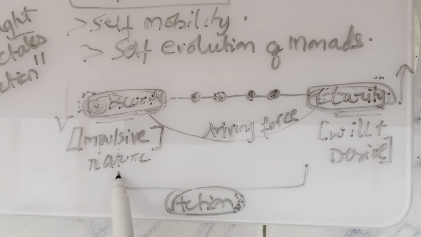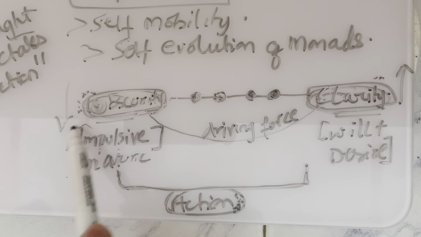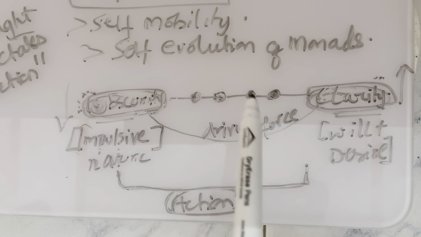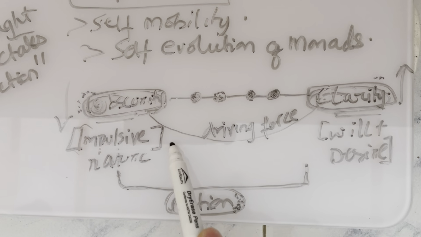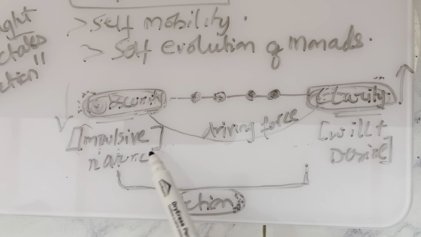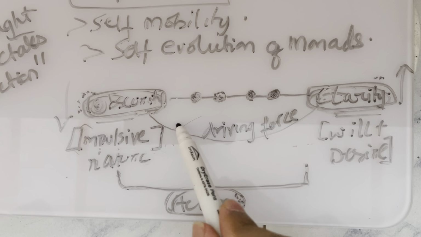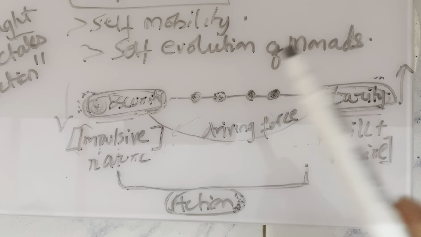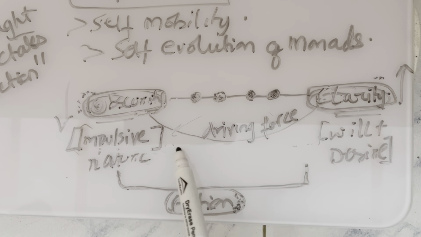And in the lowest form of monads, we do not have reasoning, or we have an extremely low amount of reasoning, which results in impulsive action that we can observe today in the animals who operate based on impulsive action. And humans are operating at a middle ground between impulsive action and will and desire. It is not in our control to choose the type of thought dictating our action. Sometimes it is impulsive, sometimes it is by will and desire. So humans are somewhere in the middle in the hierarchy,